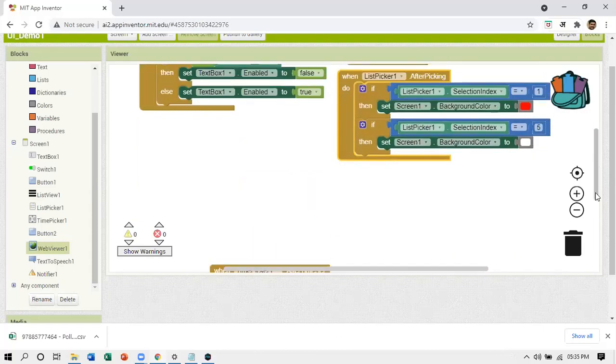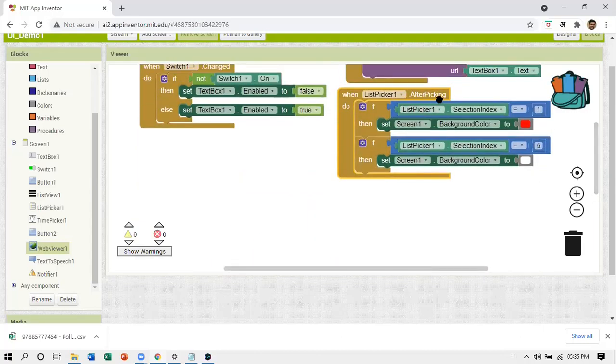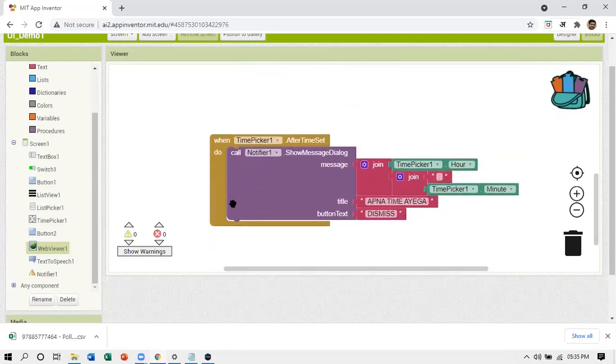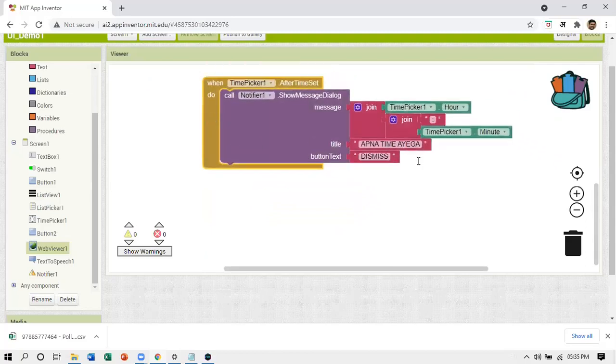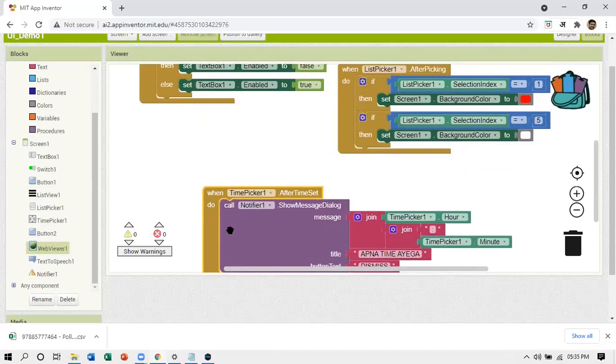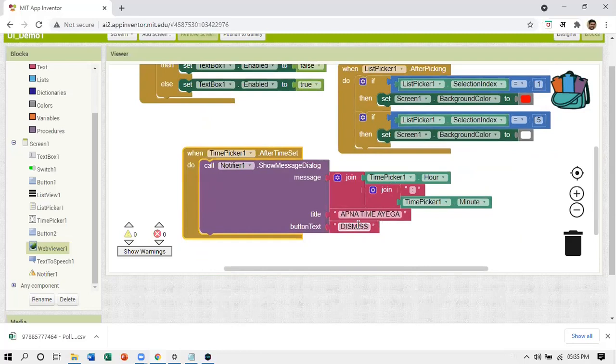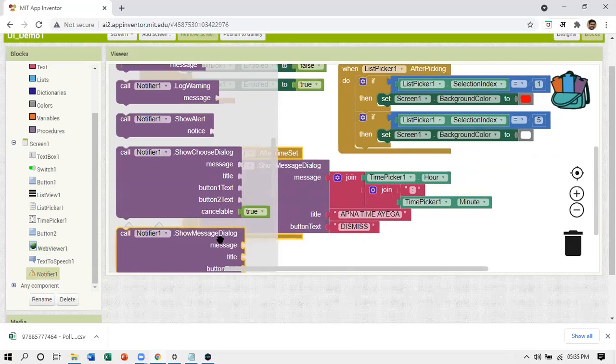List picker. After the user is picking the list, I am doing something. Time picker. After the time is set, it is doing something, it is displaying some message. Time picker was displaying some message. How the message is being displayed? Notifier. Notifier has an action block.